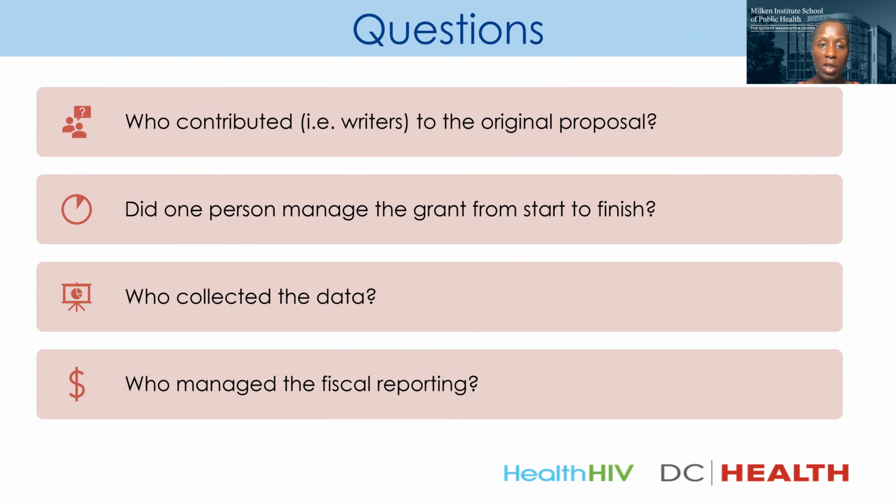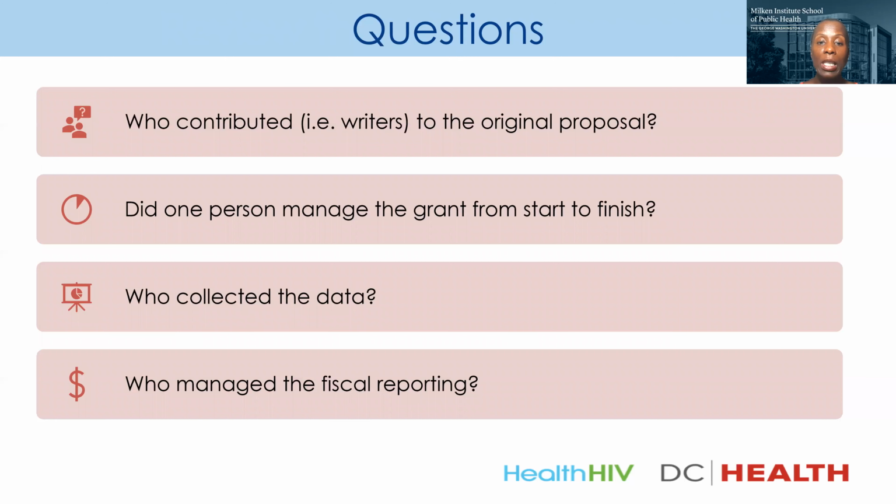So some of the questions that you want to consider is who contributed to the original proposal? Who are the people that wrote this? Are the people that wrote the proposal still in the organization? Because we're going to need them now to assist with our narrative. Did one person manage the grant from start to finish? Because if one person managed the grant from start to finish and another person wrote it, again, we need to have those people at the table